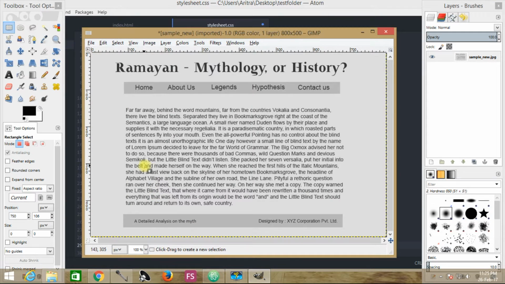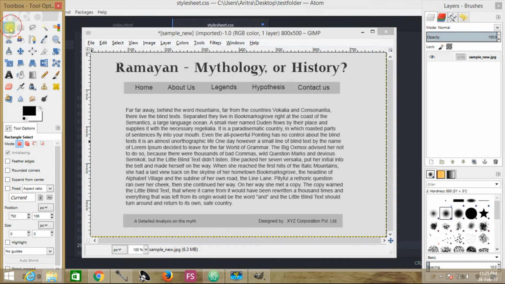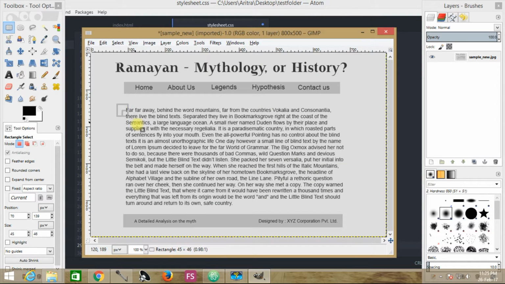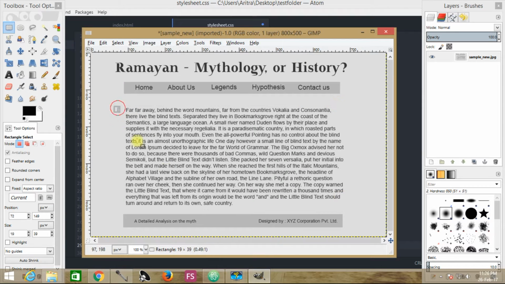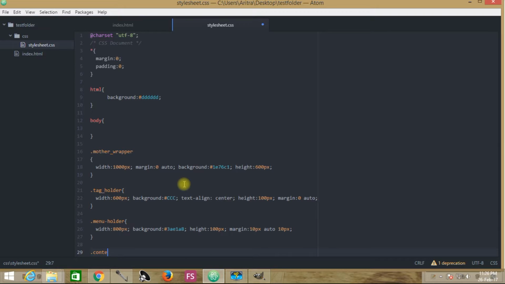The next block that we are discussing is this content part. So we have to create another block or element over here. Another class name will be created, which is known as content block holder.